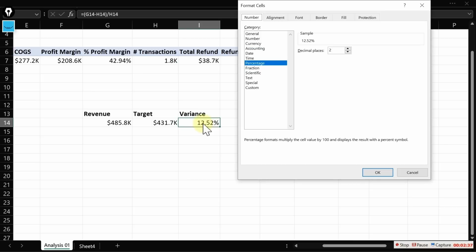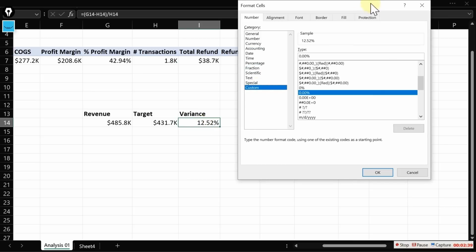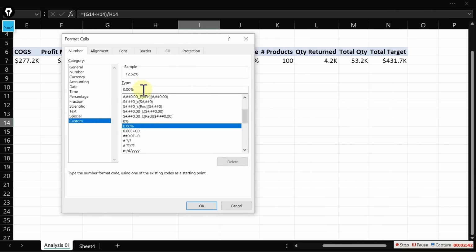So Control 1 again, we go over to custom here. Under custom, I'm going to clear this one off. What I will do now is plus 0.0%. Understand? And this one will be minus 0.0%. In case you can't see it very well here,